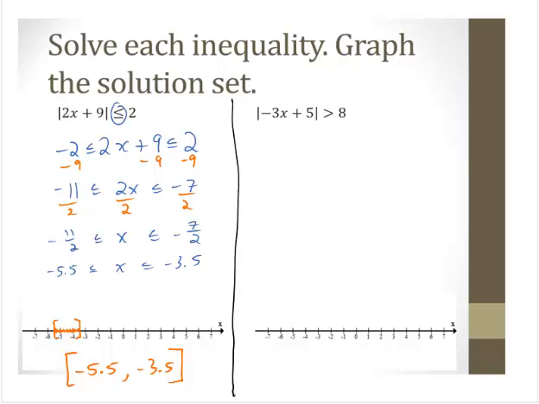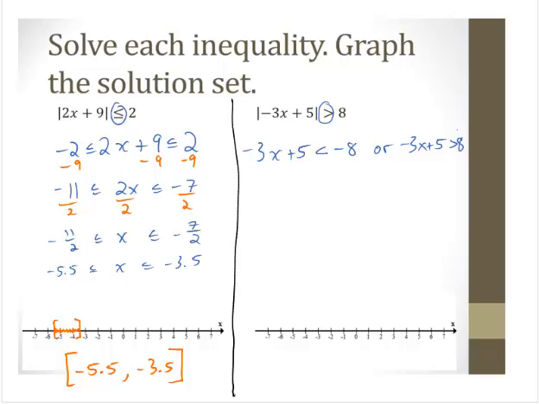Alright, let's look at the other example. We have the absolute value of negative 3x plus 5 is greater than 8. Since this is a greater than inequality, I can rewrite this as two inequalities: negative 3x plus 5 is less than negative 8, or negative 3x plus 5 is greater than 8, and solve